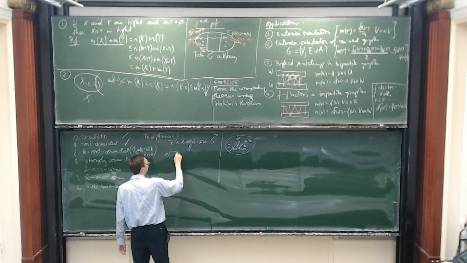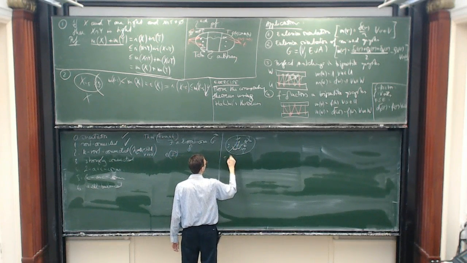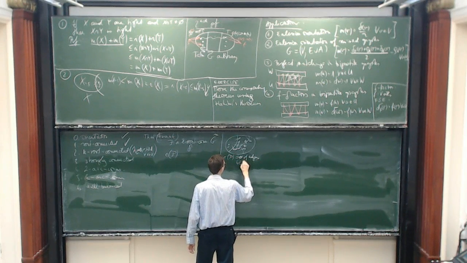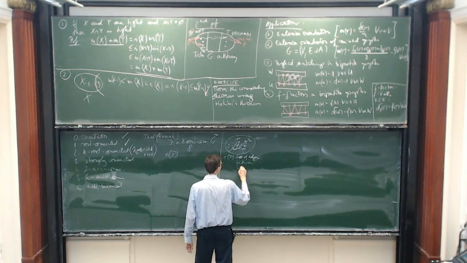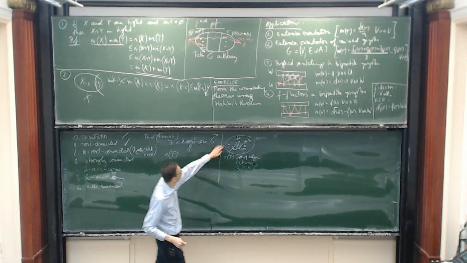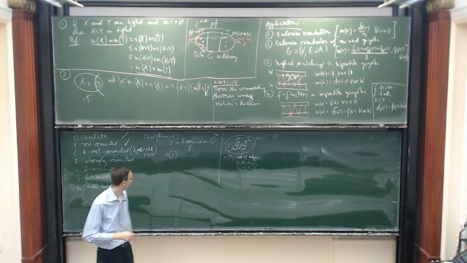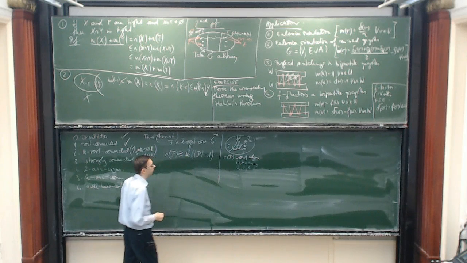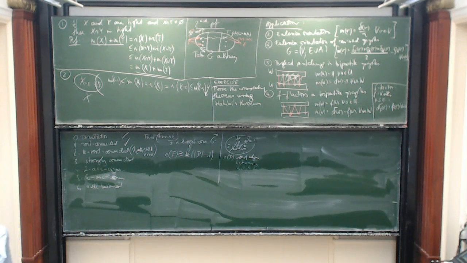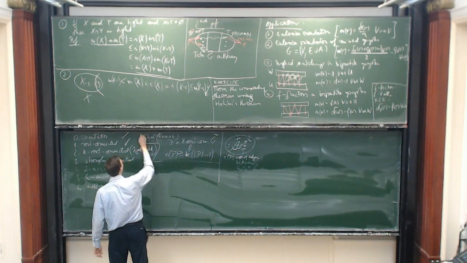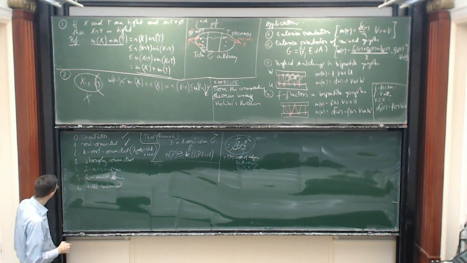So e(P), this is the number of edges between Vi, Vj in the partition. So all the Vi, Vj, so all the edges here, these crossing edges. This must be at least K times (P minus 1). And maybe I don't say anything more about this. I wanted to say something, but now I'm afraid that I don't have time. And then,